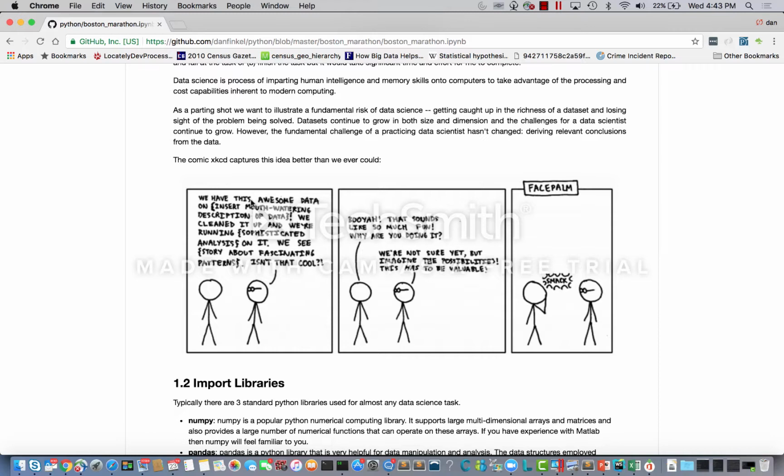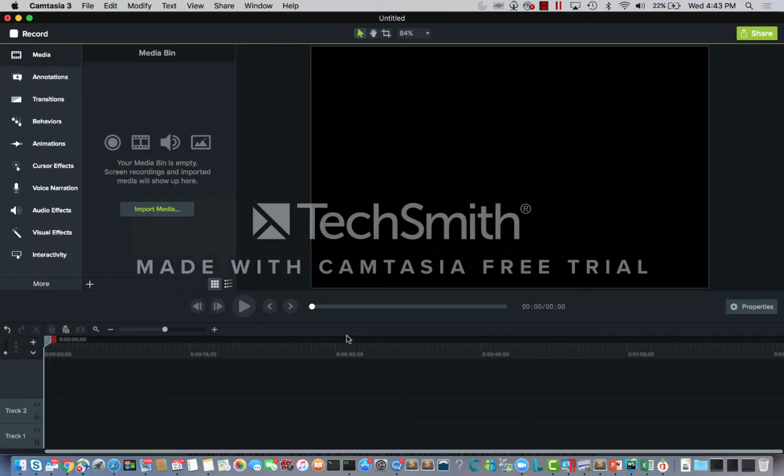It's really easy to get excited about a data set. It's much harder sometimes to find meaning and information relevant to your audience for that. And so this cartoon here tells that story much better than I ever could. So I think with that we'll take a pause, and in the next nugget we'll jump into the